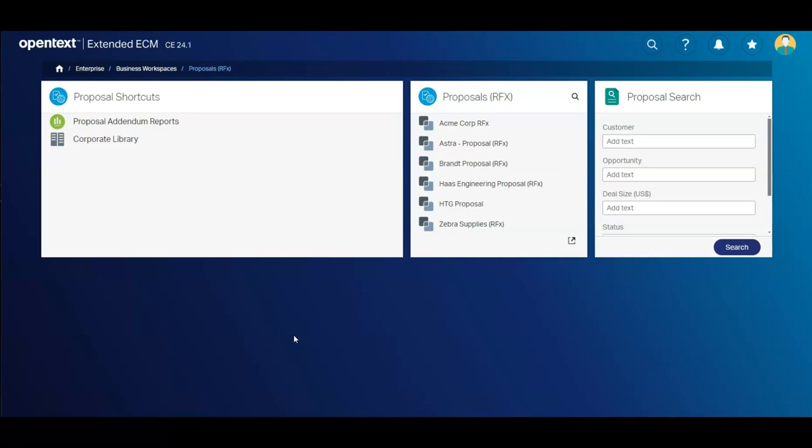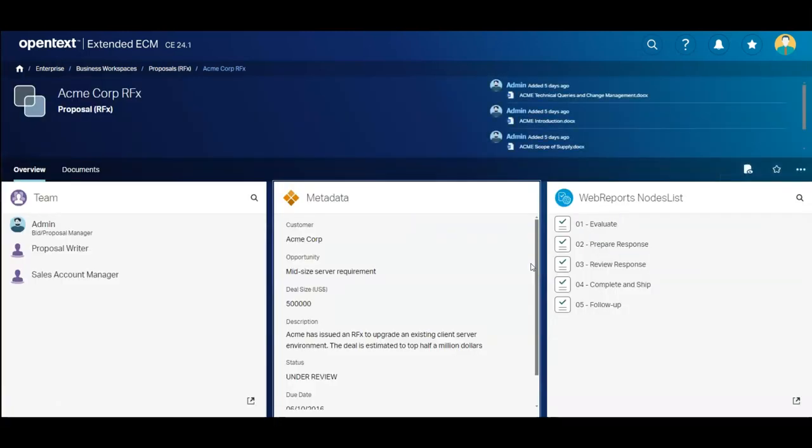So I'm in OpenText Content Server 24.1. I'm also in a business workspace for proposals, which has a couple of widgets already created for this proposals area. Within here, I've got some actual proposal business workspaces, and this is where the work is done for the RFXs. So if I go into the Acme Corp RFX, I can see a standard business workspace set up